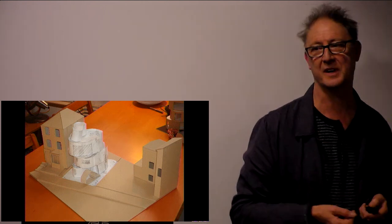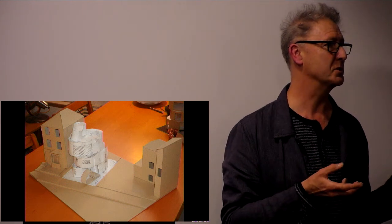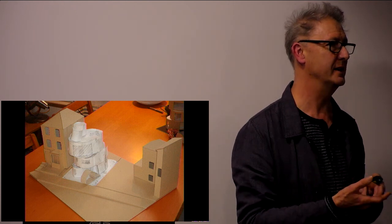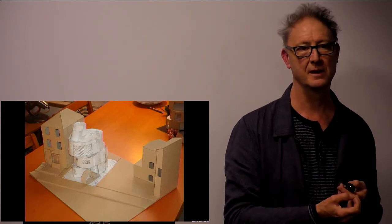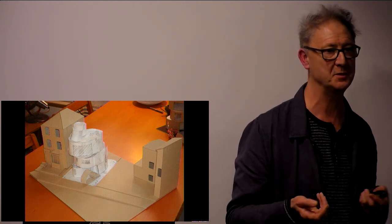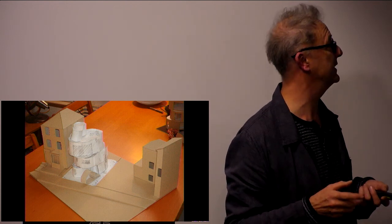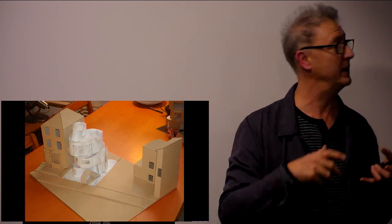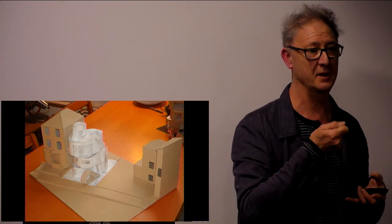One of the things we took from Vexations was something that connects back to John Cage's work, because he introduced chance procedures and various means of putting random or accidental elements into the composing sequence, which he did through various methods, including throwing the I Ching and other techniques. So one of the early things we did was print off the sheet music from Vexations, make this model, and wrap the sheet music around the model, and we got a pair of scissors, and wherever the